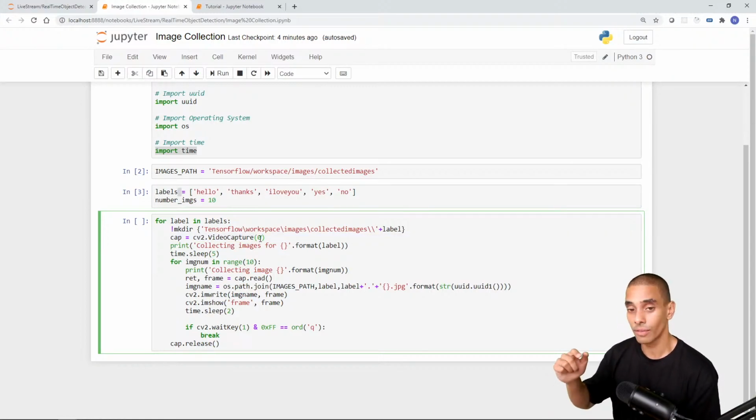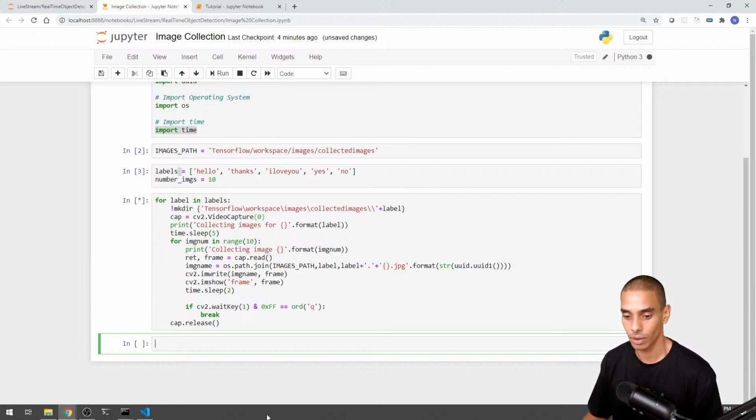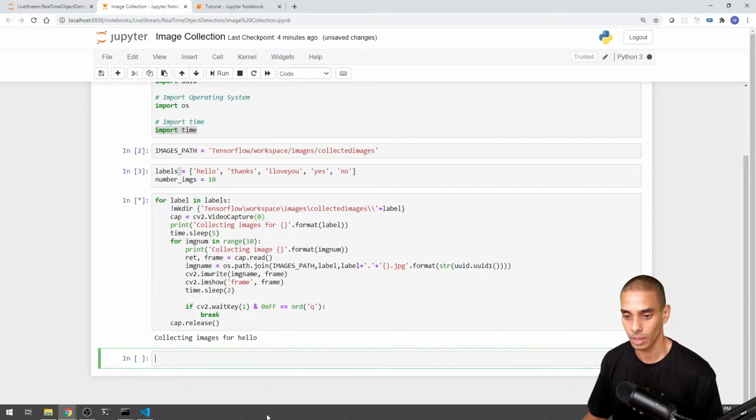Video capture device 0 is already taken up by the live stream. So if I run this, I'm going to get an error. Let's try running that and see what happens. Hopefully the live stream doesn't crash again, but we'll see. It'll take a while, and if all things hold equal,